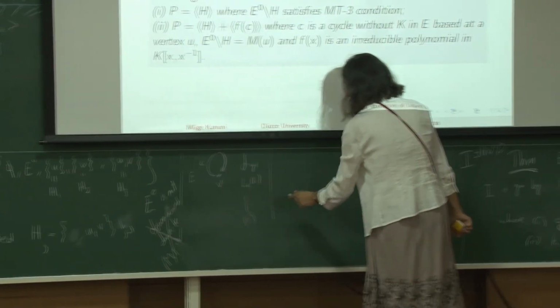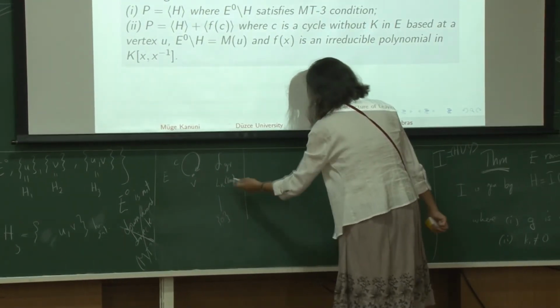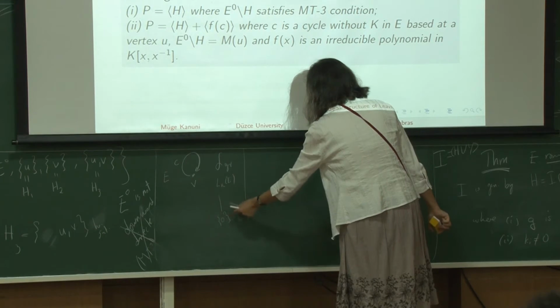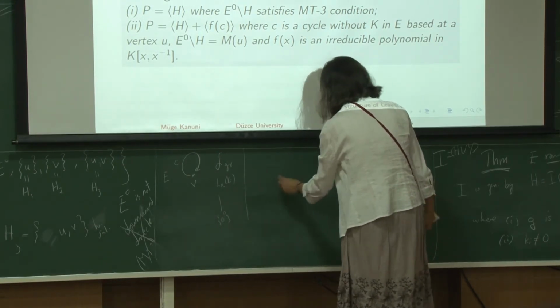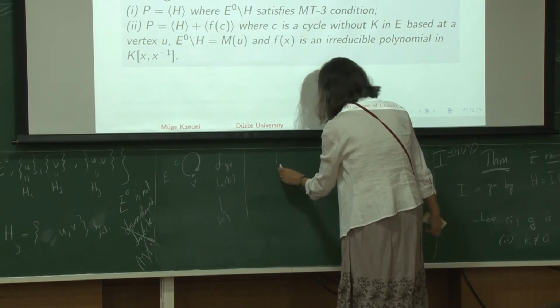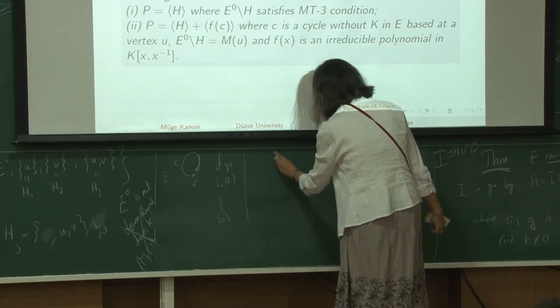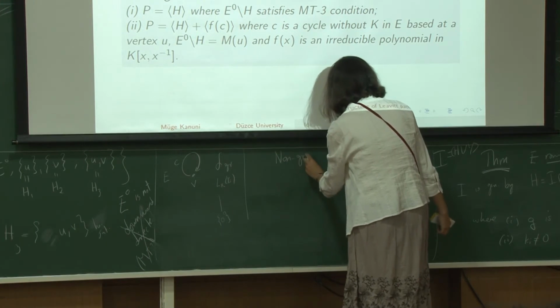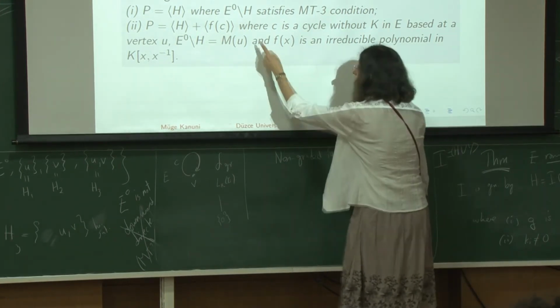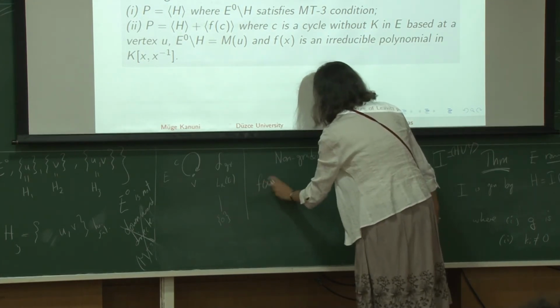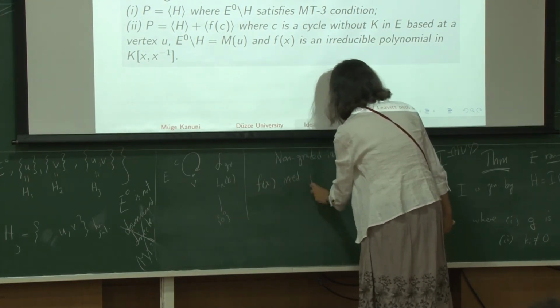So you have no non-zero proper graded ideals, but if you look at the ideals, you have infinitely many non-graded ideals. Namely, if you take an irreducible polynomial,